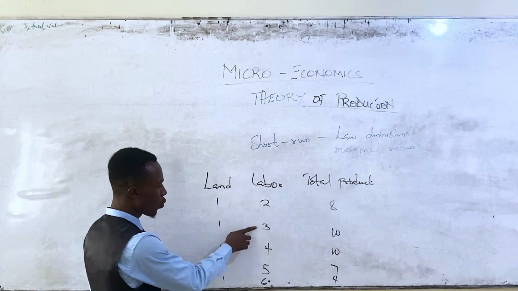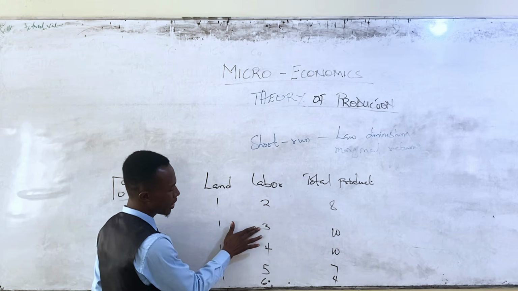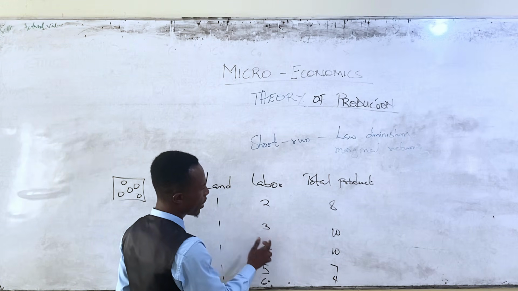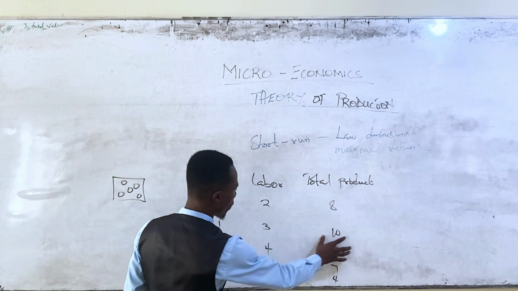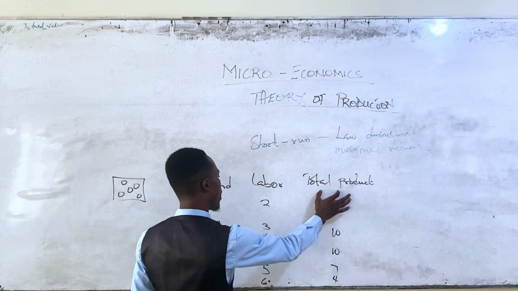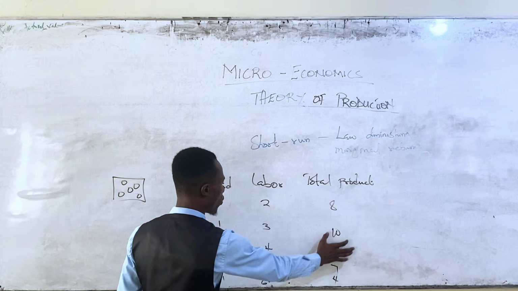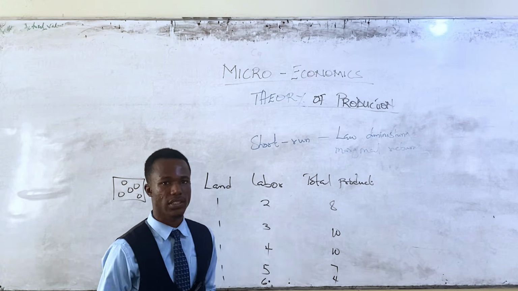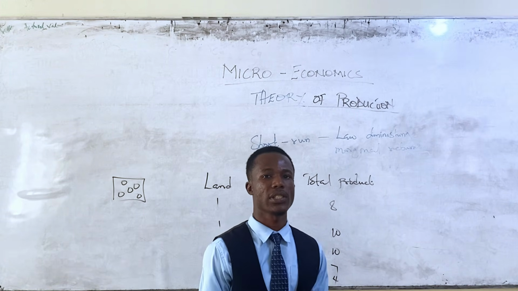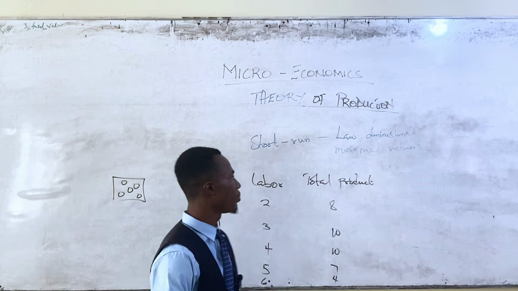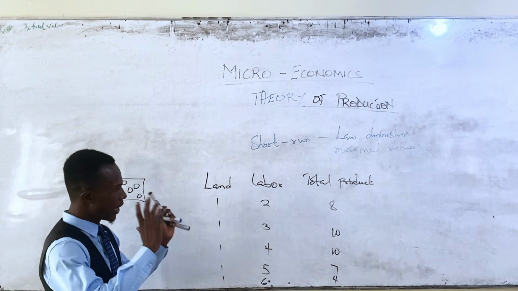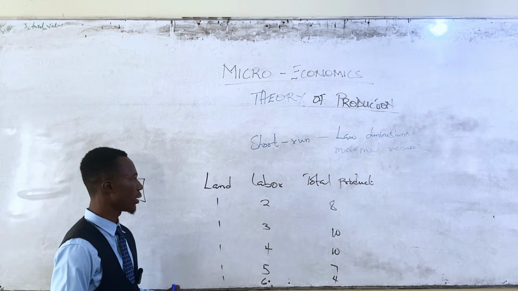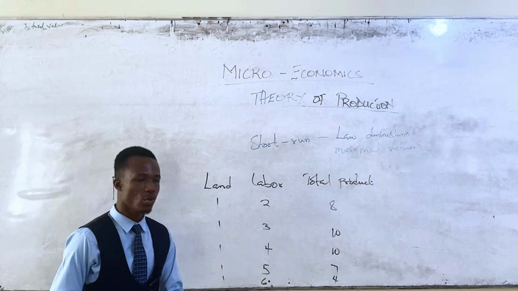Okay, so what is the output that this next labor is bringing on board? This next labor is labor 3, and he is bringing 10. When he came, he added 2 to the already existing 8. Now we have 10. So what we are saying under the law of diminishing marginal returns is that, one, don't forget it happens under the short run time period, and two, it is because when you employ more labor on the fixed factor, you are going to